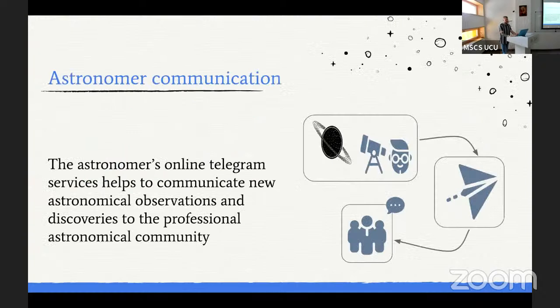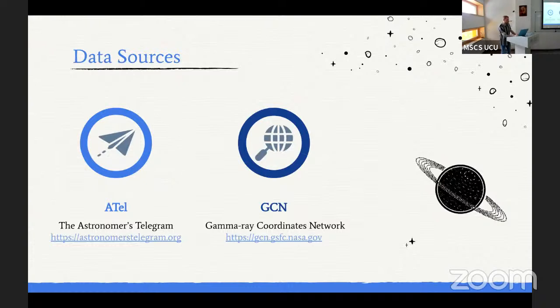First, let's try to understand what these astronomical telegrams are and why they are important in the domain. Basically, these are online services, websites, where each astronomer, from separate individuals up to the largest research groups in NASA, can share their observations and post them to discuss with the community. There are two main sources of such telegrams, namely the Astronomer's Telegram itself and the GCN. Both were founded in the late 20s and have become more and more popular recently.